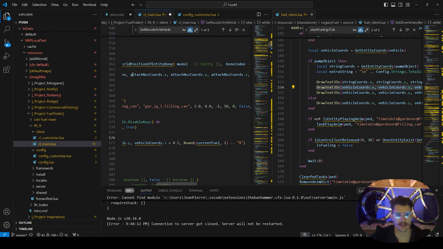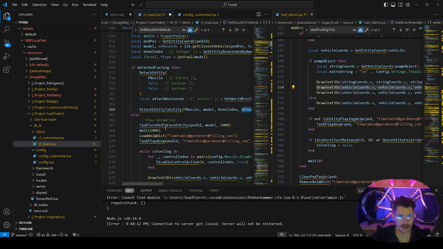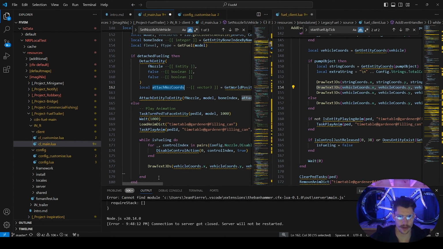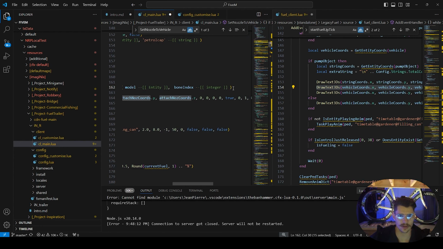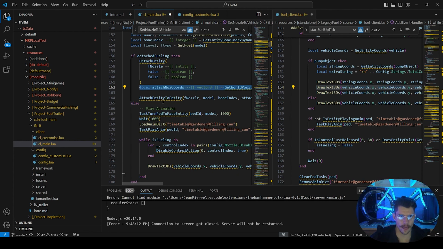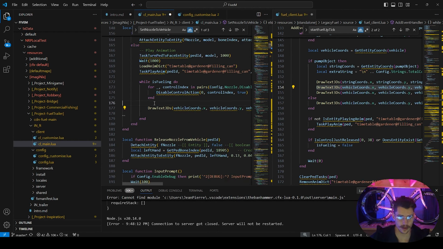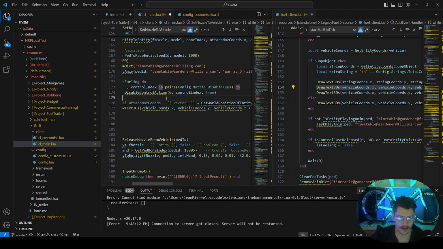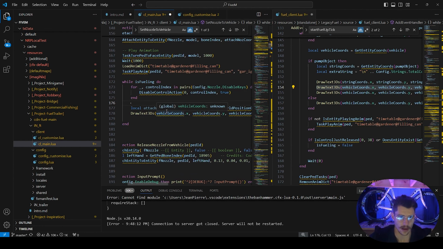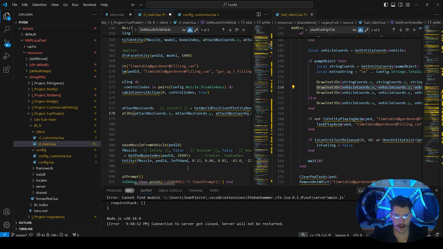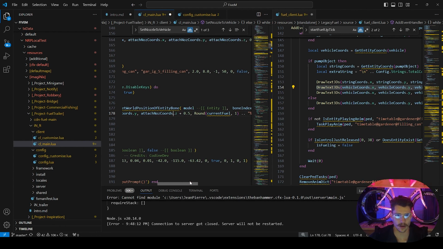Right, so let's use our attach nozzle coordinates to local coordinates, get world position of that. We will do the same thing, right? And we will just write the text at the position where we attach the thing,